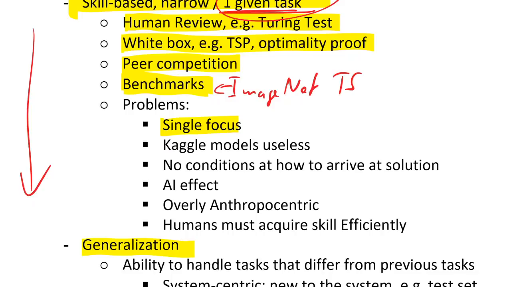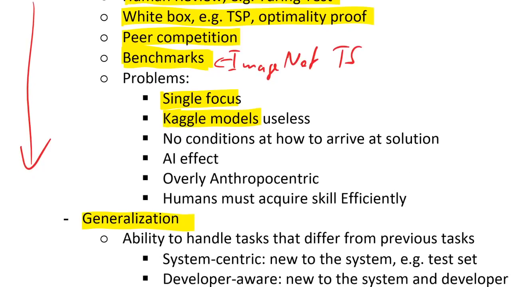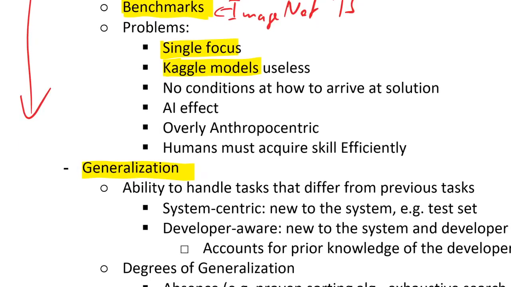One example of this is the fact that the winning Kaggle models are usually useless outside of that particular data set, because they're so hyper-optimized and hyper-focused on winning that particular Kaggle competition. So there's actually a pretty strong science on how to set up a Kaggle competition such that you can then use the winning model afterwards for doing something actually useful. There are no conditions on how to arrive at a solution. And there Chollet lets a bit of that, that's basically his point that's going to come into the measurement later, into the math,